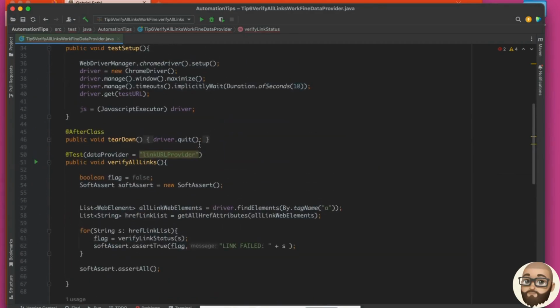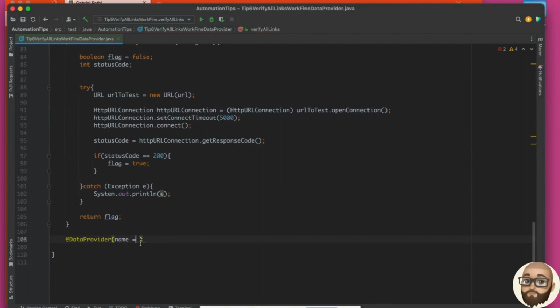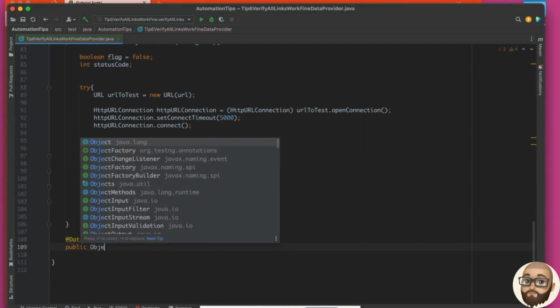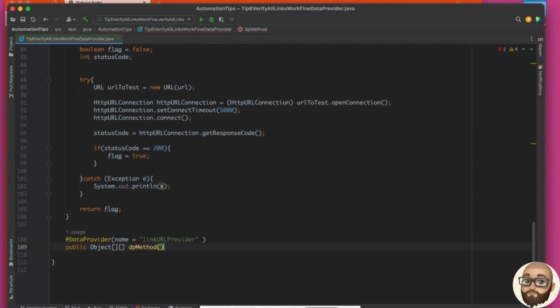Let me just go ahead and copy it from here and paste it in here. And let's do public, and it's going to return an Object array, and let's call it the provider method. You can name it anything you want to, doesn't matter. And I'm going to return an object,